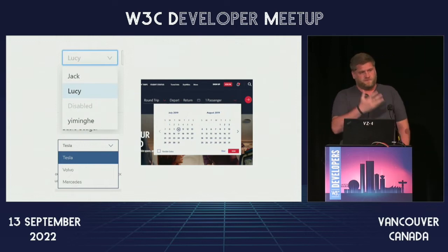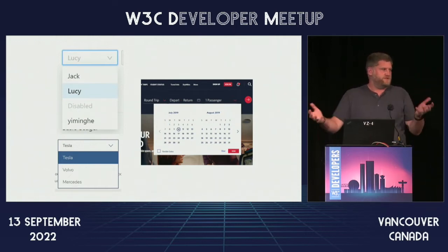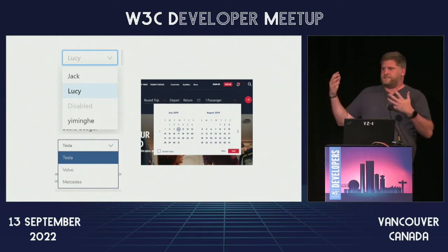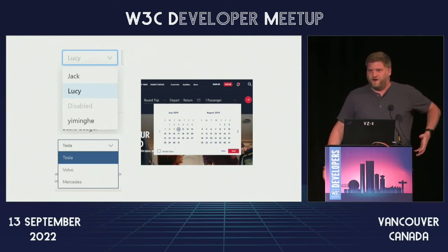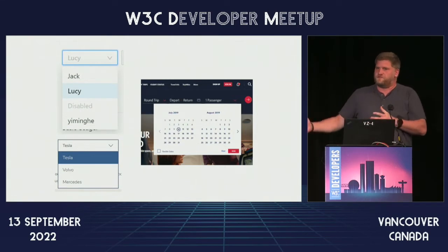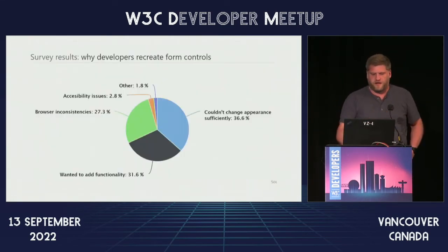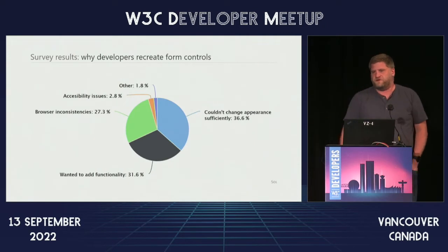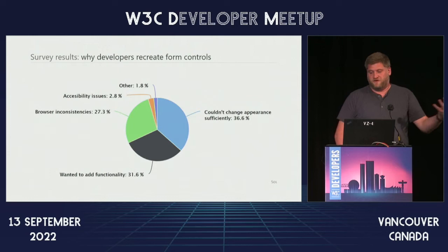And so leadership, of course, asked, hey, you're spending a ton of time on these controls and components. Why don't I see them anywhere? Which is a good thing for leadership to ask. It actually comes from a product standpoint because of those problems, so we need to go solve those. So how do we go about solving them? First, we start with some research. We did a survey. We have a ton of results from these. These are all on my blog, gwhitworth.com, if you want to go look at them.